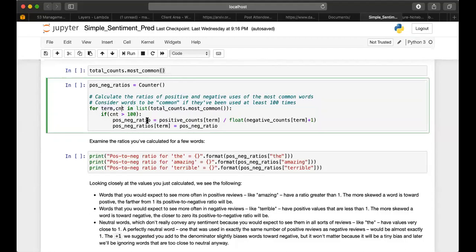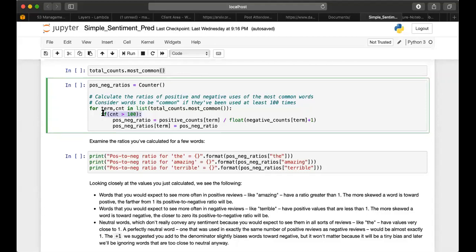And now we are putting a threshold here: if a word has been used at least 100 times, if it is frequently used and there's something significant about it, we should explore it more to know whether it is usually found in positive reviews.